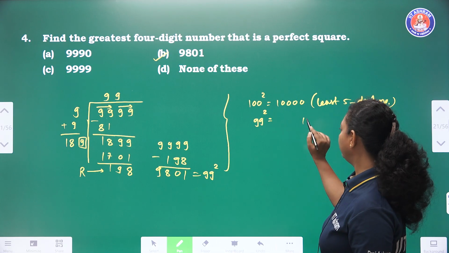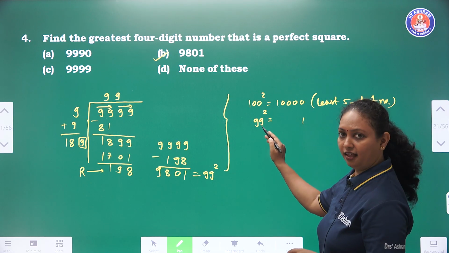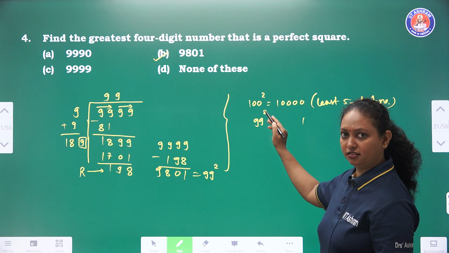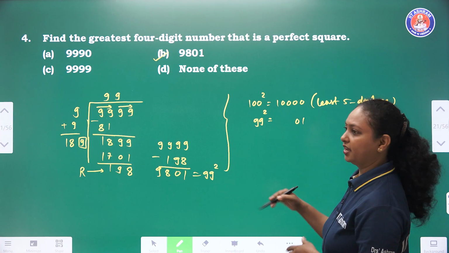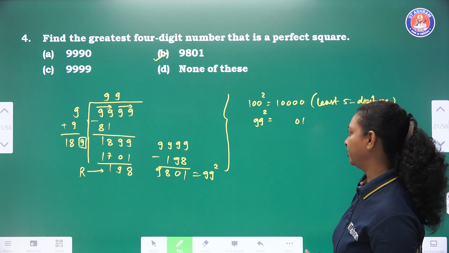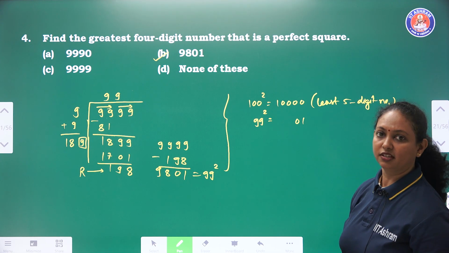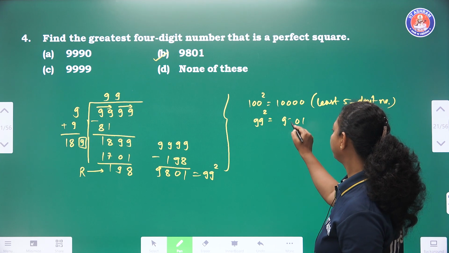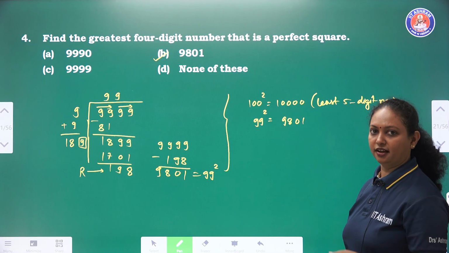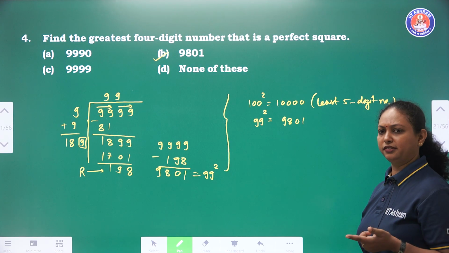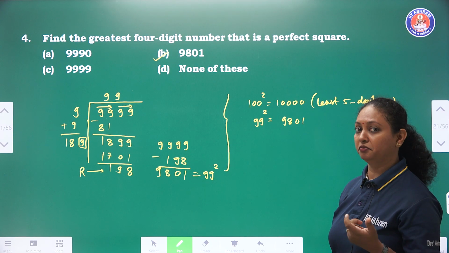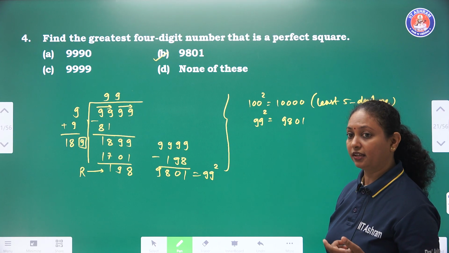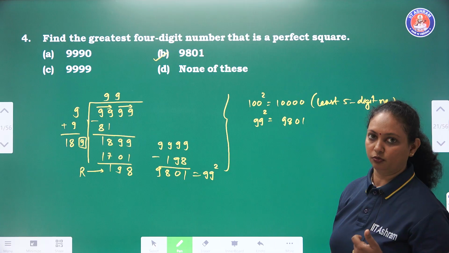9 square is 81, 8 is carry. 9 9s are 81. 81 2s are 162. 162 plus 8 is 170. So we have given carry forward 17. 9 square is 81. 81 plus 17 is what? 98. So again you will get the answer. The faster you do maths, it was the column method but we tried it mentally, then we will get the answers quickly. So for speed, you always have to use mental maths more.